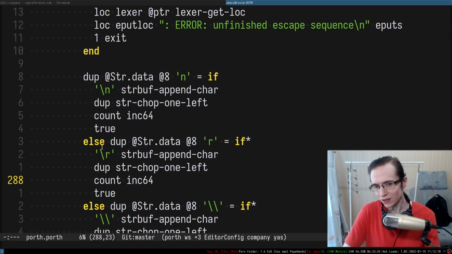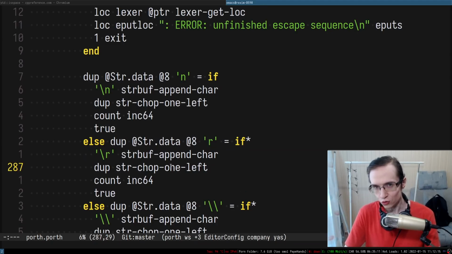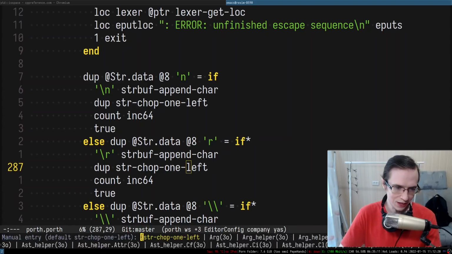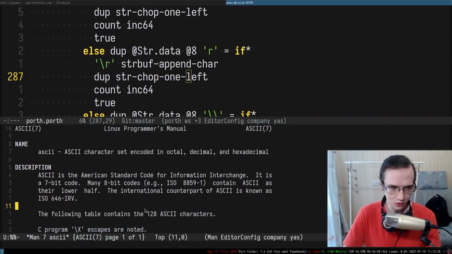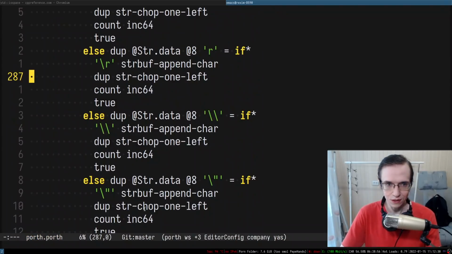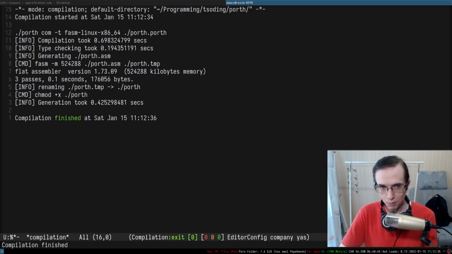So how do you make this feature perpetuate itself? Well, to do that, you have to actually implement it without using that feature first. So let's take a look at the ASCII table. And what's the code of /r? It's 13, right? So instead of using this thing, let's just put 13 in here, and that will compile.